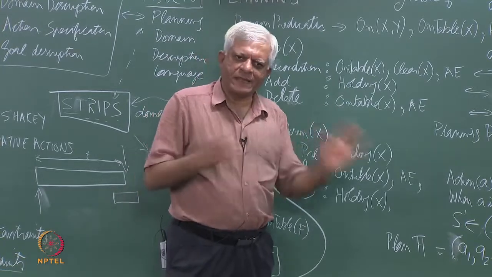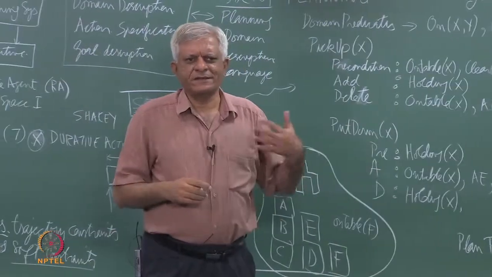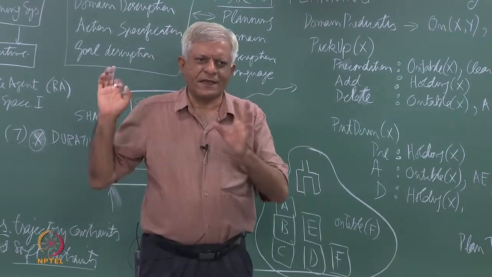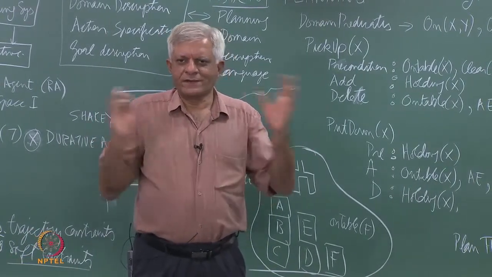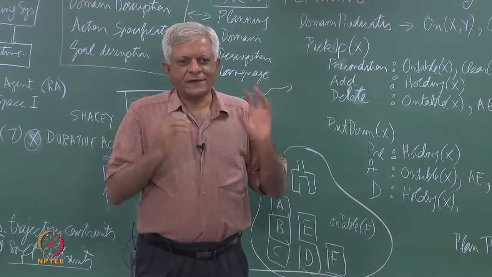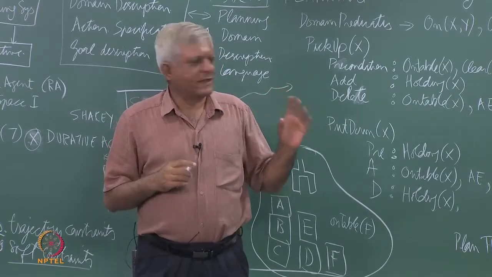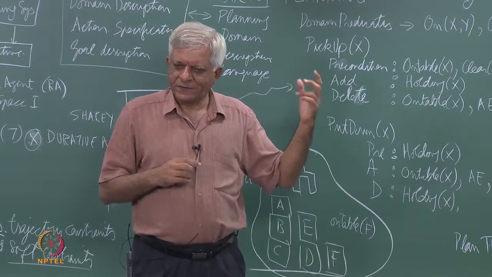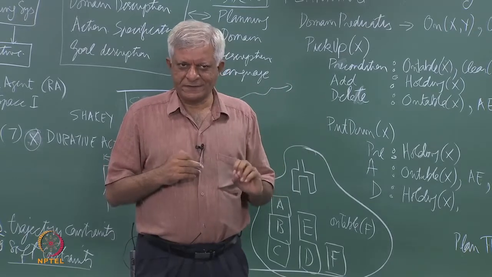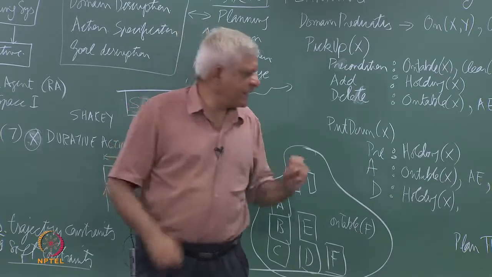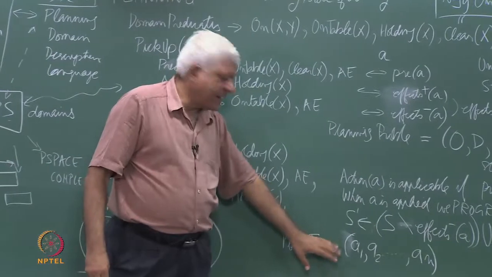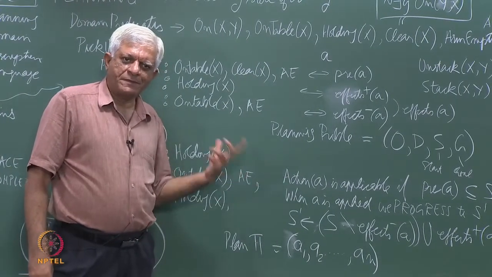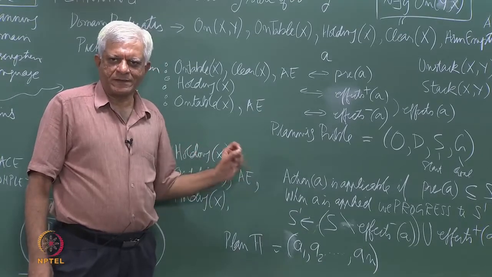S is a state, it describes the whole state. G is just some conditions I have said on the state. So, it is like saying that I should be sitting in the canteen and having a dosa. I do not care what everybody else is doing. If that is true, then I am in a goal state essentially, and that we can test by simply doing a subset check. So, now having a goal test function, and somebody gives me a plan pi, how do I know that the plan is a plan for solving the problem? I must be able to write a small program to validate that. What will that program do?